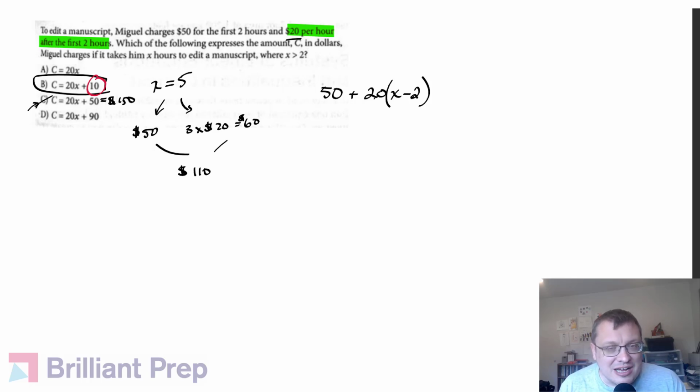And the minus 2 is coming from the fact that we want to subtract off those 2 hours that we've already gotten paid for and just be left with the hours above the first 2, right? So again, if x is 5, 5 minus 2 is 3. This only applies the $20 rate to those 3 hours. So here is the expression or the equation that we should get to get us the amount that he charges. And so now if we just do some rearrangement, distribute that 20, we get 20x minus 40,